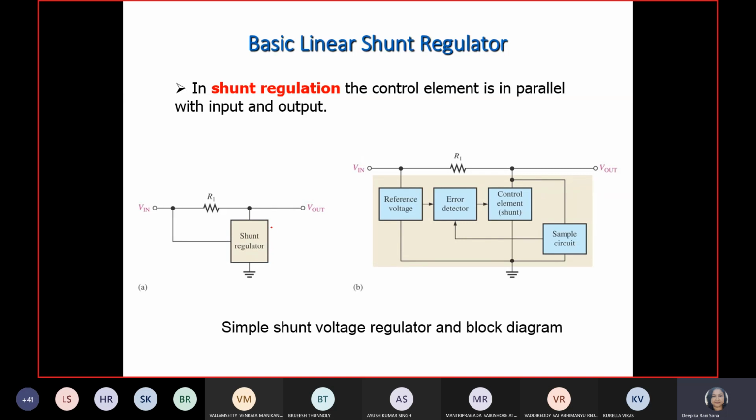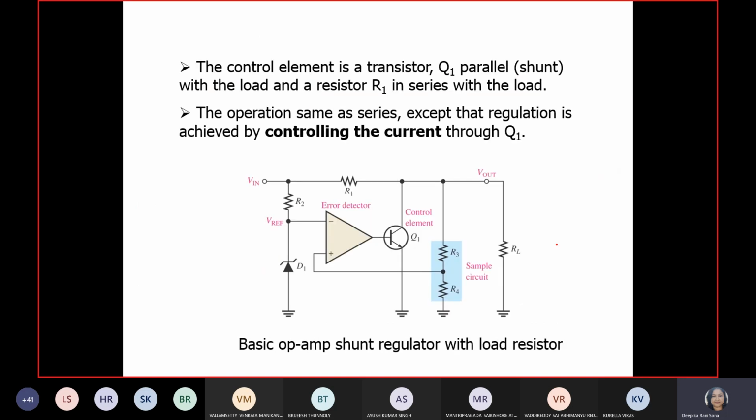So here see, it is now not present in series with the output. So what is the position of that part? It is placed in a shunt position guys. The remaining parts of the circuit are similar. Now if I show the circuitry, see the position of the transistor now. The transistor Q1 is in shunt with your load resistor RL. So how do we understand the circuit concept? The same way. What is the fluctuation in the output? How will the amplifier and transistor help to control that? Let's see.